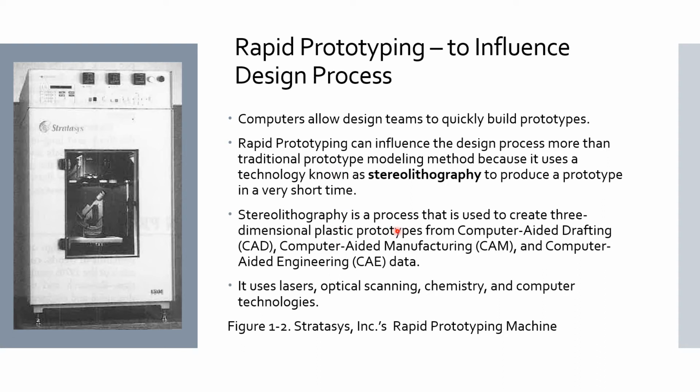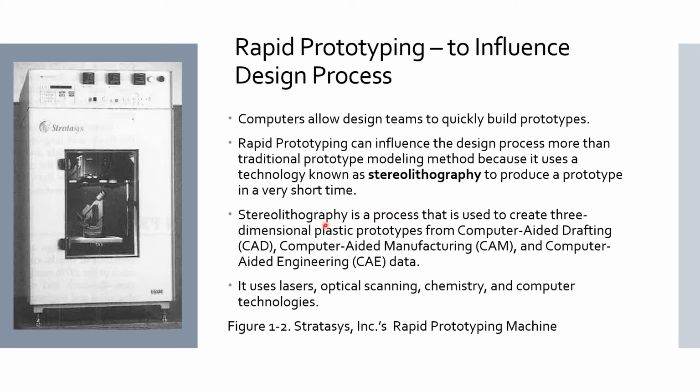It's just a process used to create 3D plastic prototypes. And we use programs, and we call that computer-aided drafting, your CAD, computer-aided manufacturing, your CAM, and computer-aided engineering, your CAE. You will see this too, right? Often, but people don't use this CAE a lot. That's like a behind-the-scenes, long-time-ago term. So anyway,